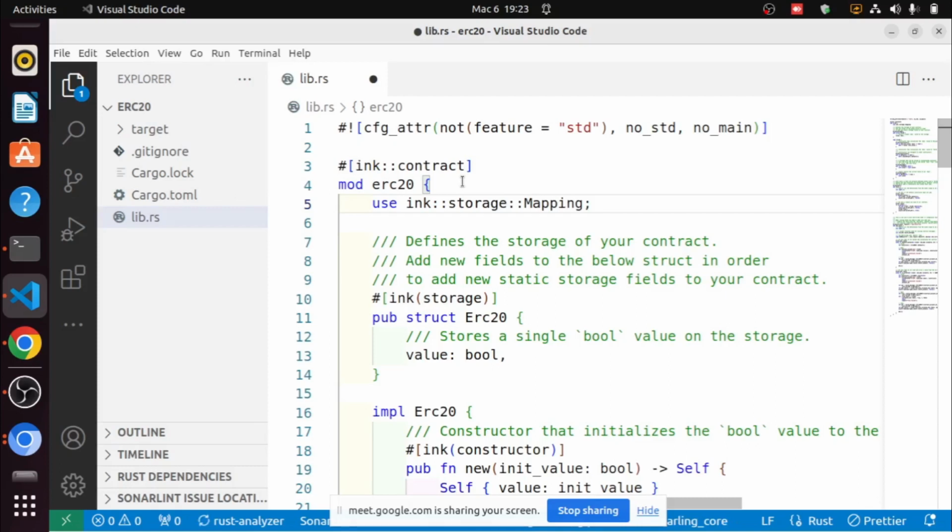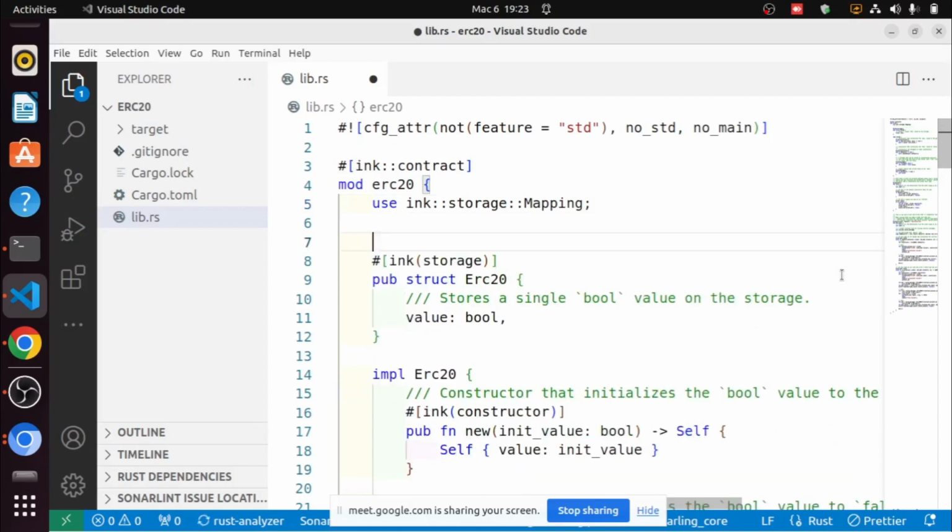So this will help us use the mapping. The mapping is what we shall use to store the addresses and many more things. This one was explained in the ink documentation, must be there. Then in contract module ERC20, then use ink mapping. So yes,